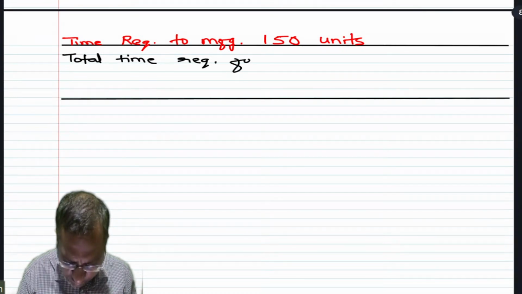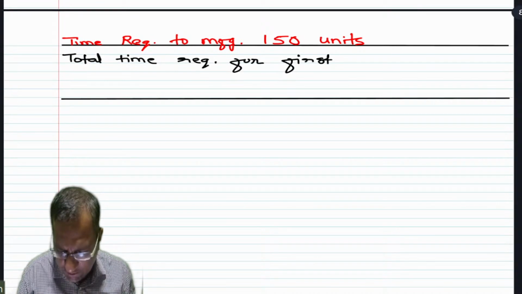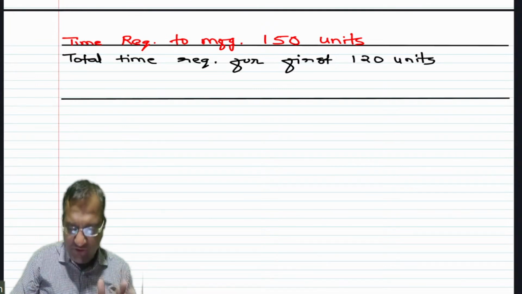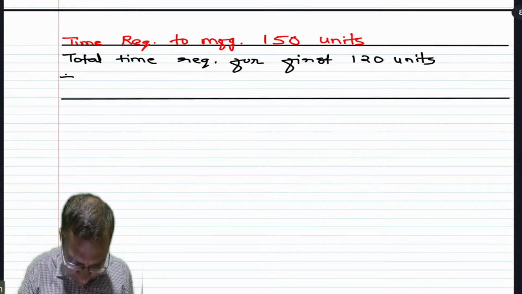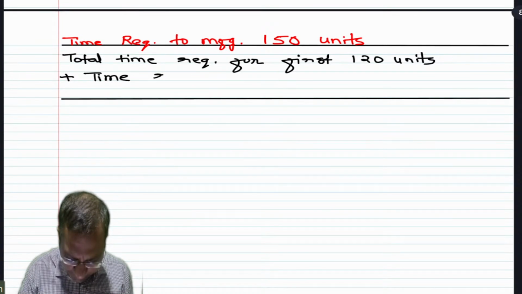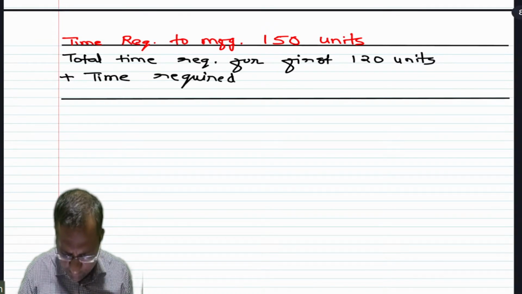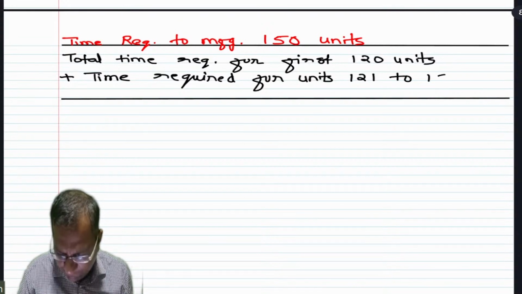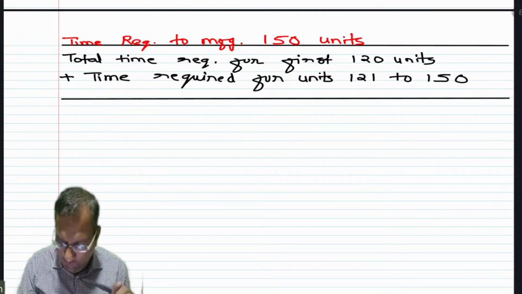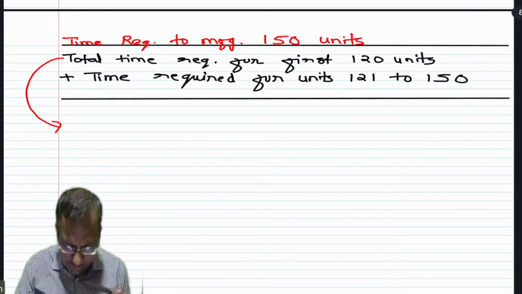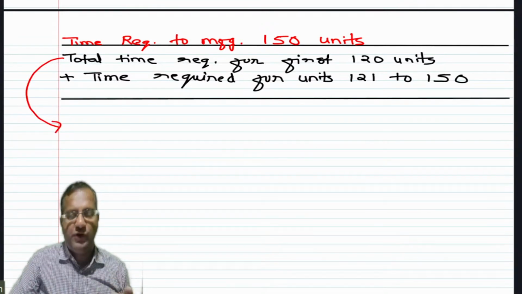ओके, सो फर्स्ट पॉइंट इज टोटल टाइम required for first 120 units. पहली 120 यूनिट को मैन्युफैक्चर करने में हमें कितना समय लगेगा। फर्स्ट ऑफ ऑल वी विल फाइंड आउट दिस टोटल टाइम रिक्वायर्ड फॉर फर्स्ट 120 यूनिट प्लस टाइम रिक्वायर्ड फॉर यूनिट्स 121 to 150, क्योंकि जो ये 121 to 150 है ये स्टेबिलिटी स्टेज वाली है। ठीक है। सो ये जो पॉइंट है इसको निकालना बड़ा सिंपल है, ये दो स्टेप में निकल जाएगा।